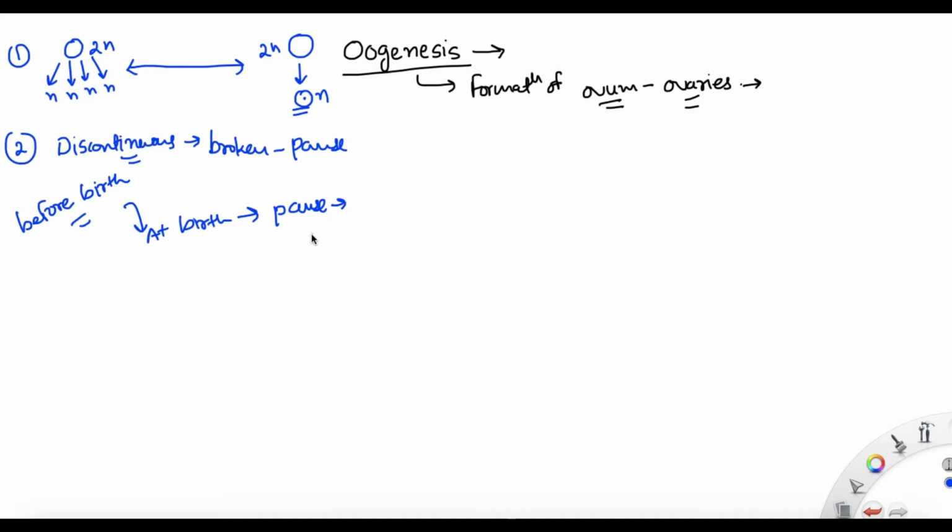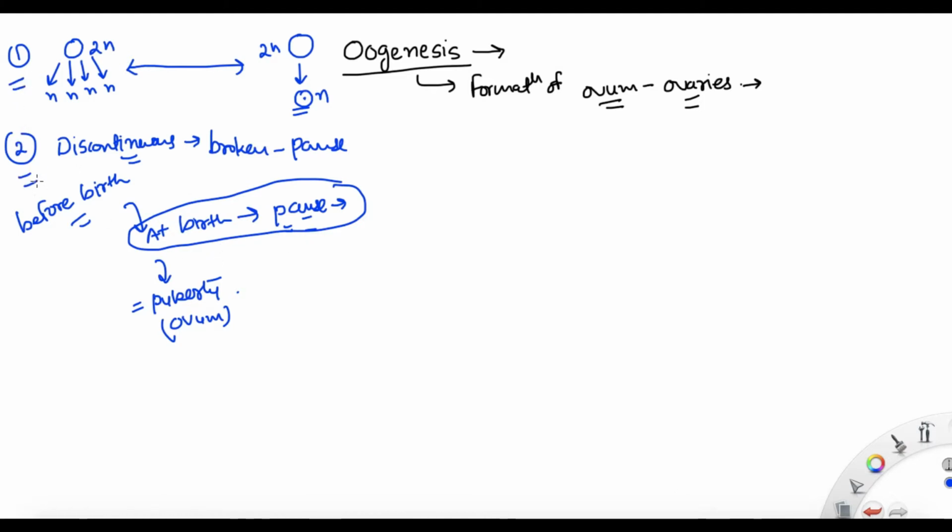So at the birth, once the baby is born, once the girl is born, it will pause. Where it will pause, at which stage, we'll come to it later. And then again it will begin from wherever it is paused. It will be picked up after puberty. So there is a gap in between for the formation of ovum. It will begin before birth. At birth it will pause, and again at the time of puberty it will pick up wherever it was left, and we will see all this in detail. So these are 2 important points to remember as of now for oogenesis, and this all will make sense as we go on in the process.